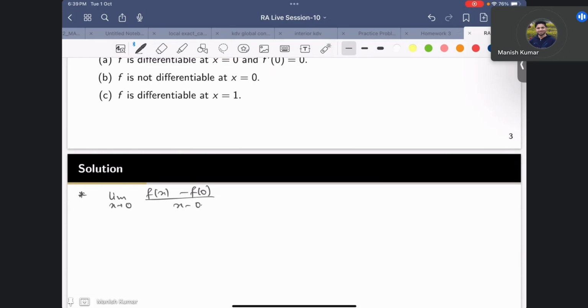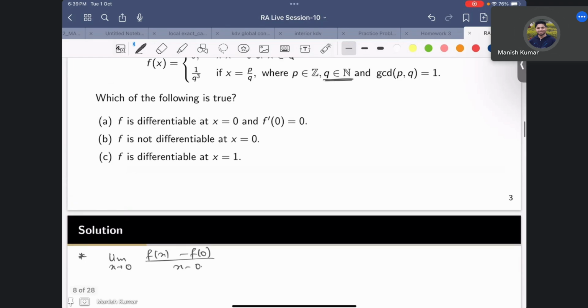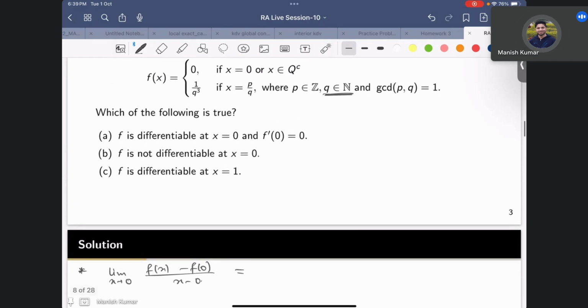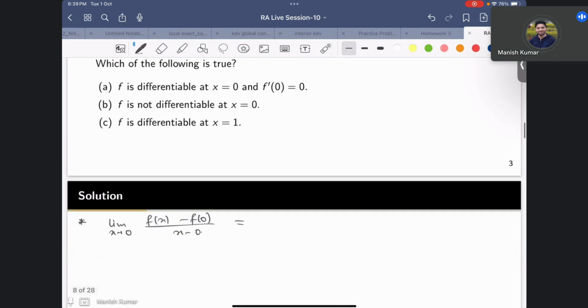So we have to look whether this limit exists or not. Okay, so let us try to see that. So f of 0, we know that it's 0, so what we have to check is this limit, x tending to 0, f of x upon x. If the limit exists, then we'll say that f is differentiable at 0, and the limit value will be